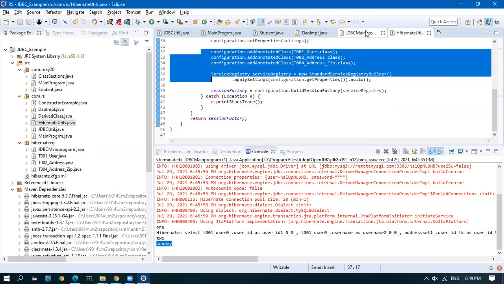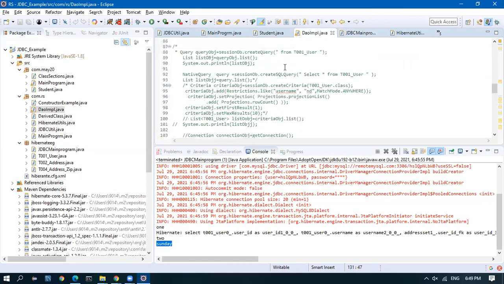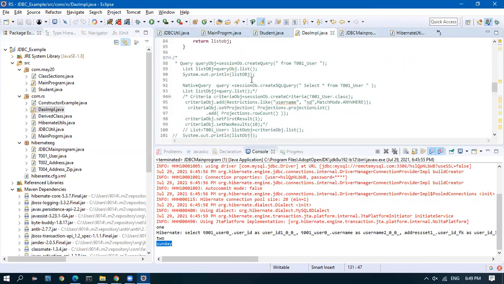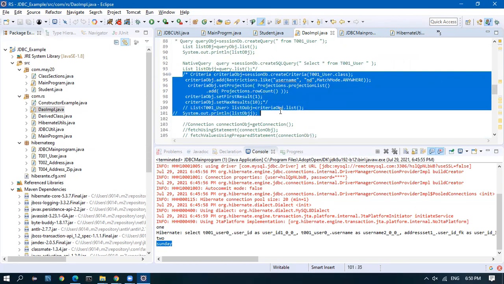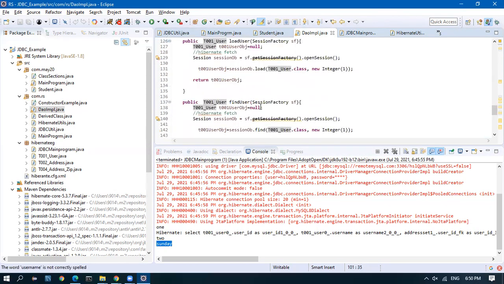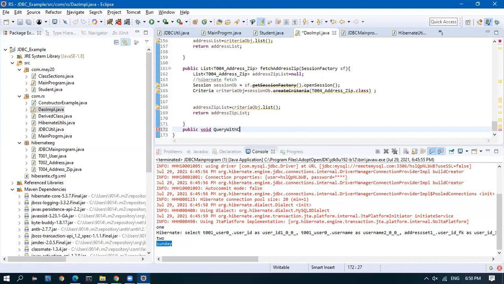So I have a criteria example. Here it is. Public void query with criteria.